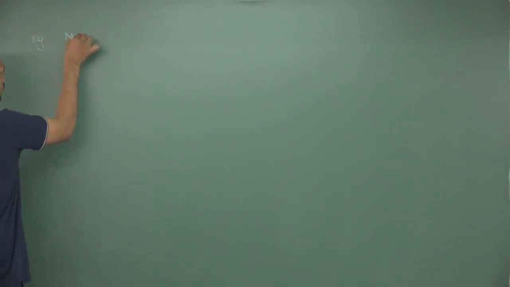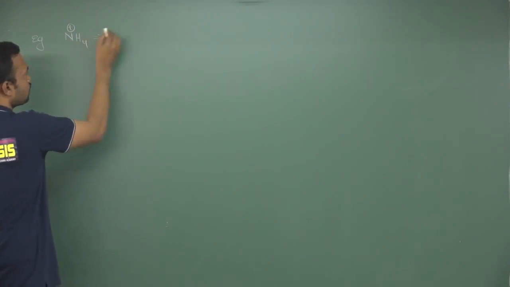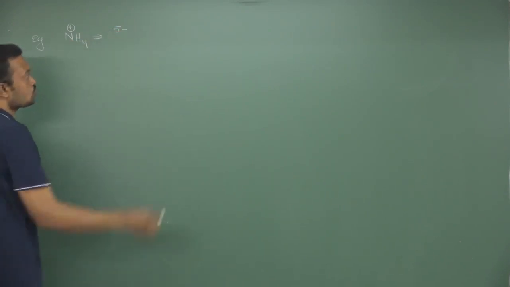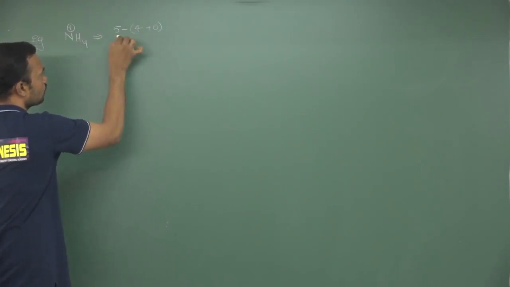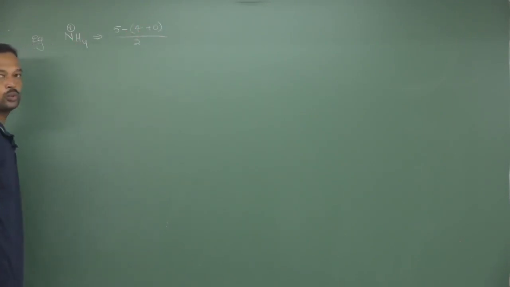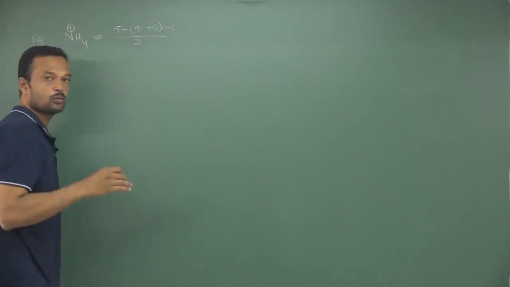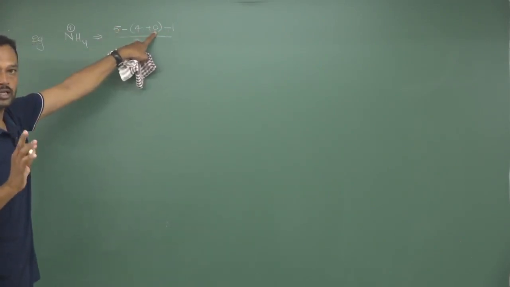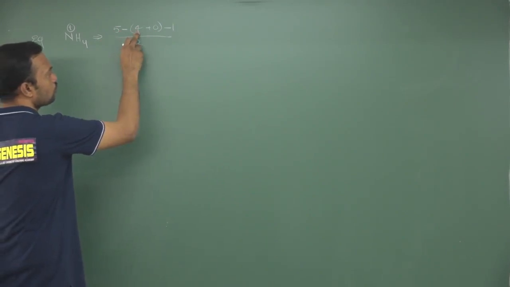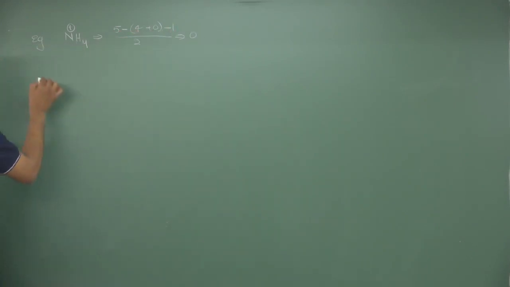See, this is ammonia. If I add a proton, it becomes ammonium. So ammonium, central atom is nitrogen, 5th group element. Total 4 sigmas are present, no pi electrons, 0 divided by 2. So here plus 1 is there, we need to remove 1 electron, that is minus 1 after calculation of the total values. So 5 minus 4, 1, 1 minus 1, 0. So finally you expect 0 lone pairs of electrons.